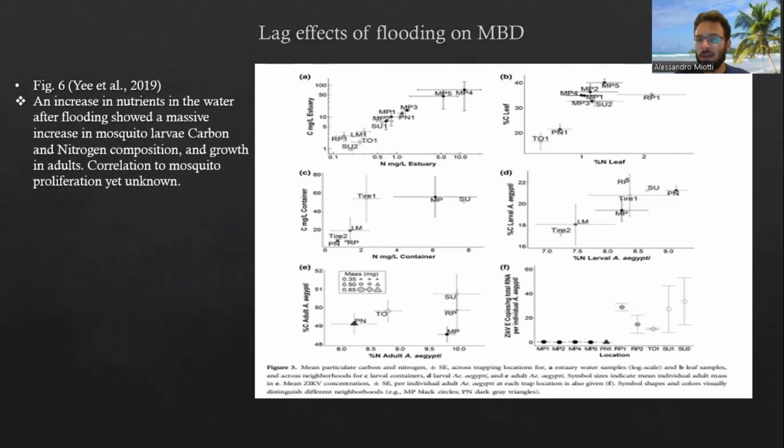Because during flooding, runoff can bring a bunch of nutrients to these pools of water that are created after the flooding subsides. So it's important for researchers to really dive deep into this, because there are certain ecosystems that are known to have huge nutrient abundance, and understanding how nutrients are coupled with flooding and mosquito prevalence would be a key factor in stopping mosquito illness prevalence.